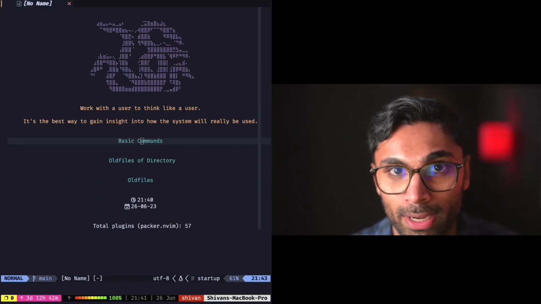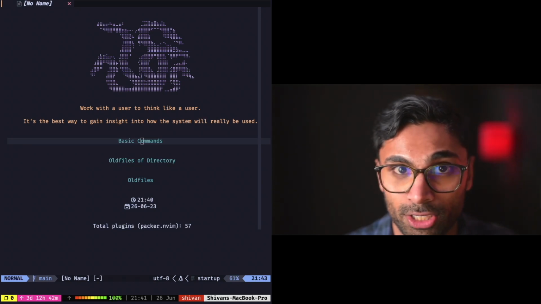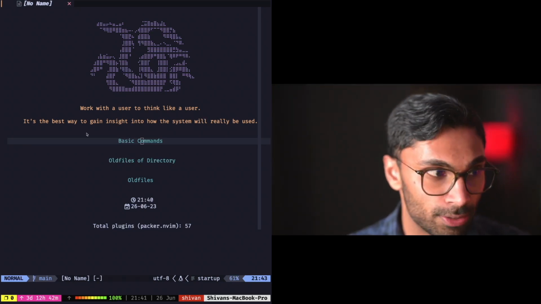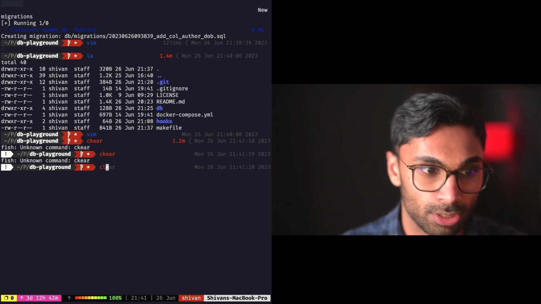Great, so what happens if we want to make a change in the database? I mean, that's the whole point of this project, right? So I can write and make changes to a database. So let's just go ahead and do that. So how do we do that? Let's get out of this. And let's clear all this, and let's